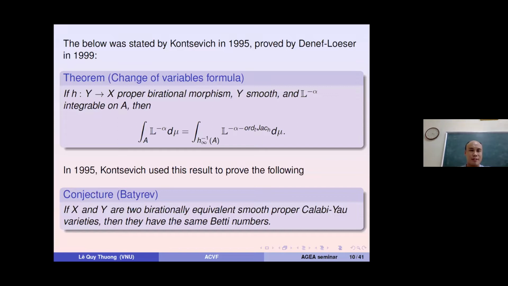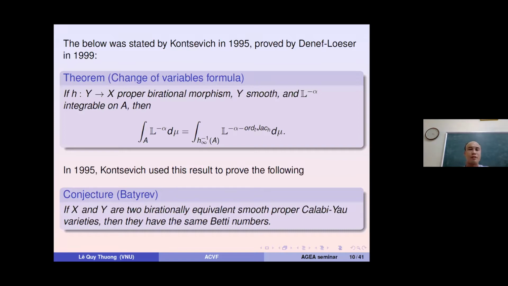He said that with a proper birational morphism from Y to X, we can compute the motivic integral of L to the power minus alpha over A instead as the motivic integral of some functions over some semi-algebraic subsets of the arc space of Y,